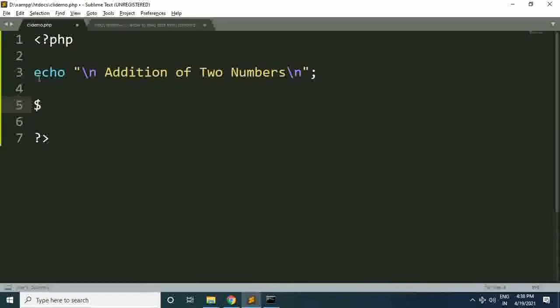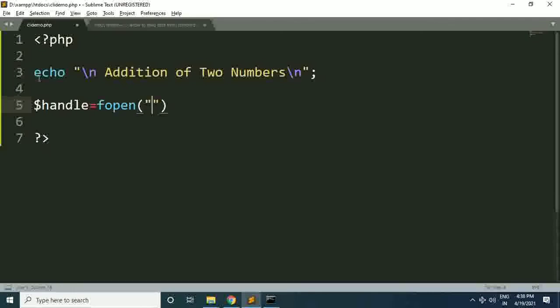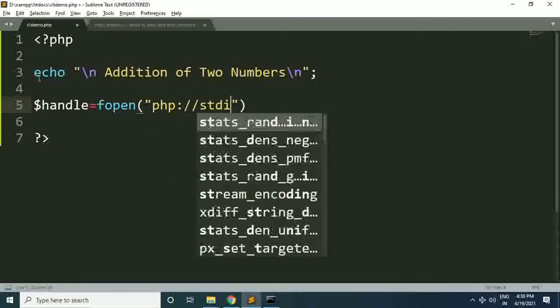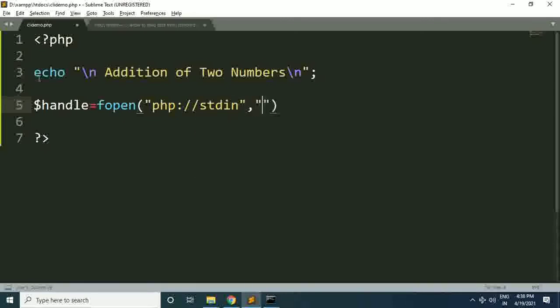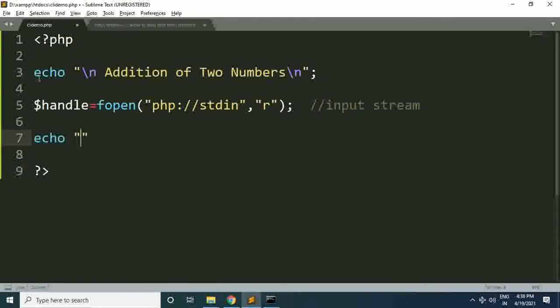First of all we will open one input stream. Again I will use the same statement, and we will specify the mode. So our input stream is ready. Now first of all we will show the user one message, enter number 1.